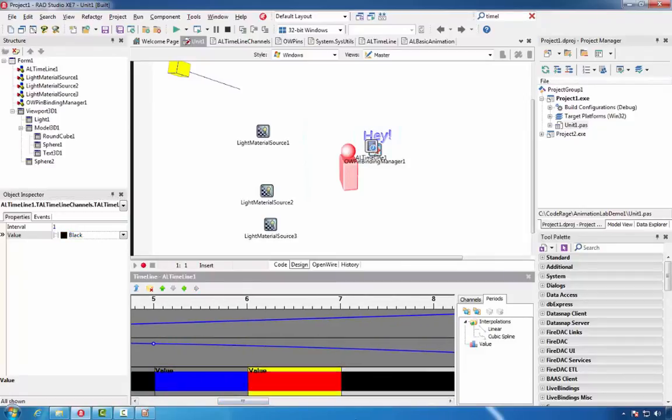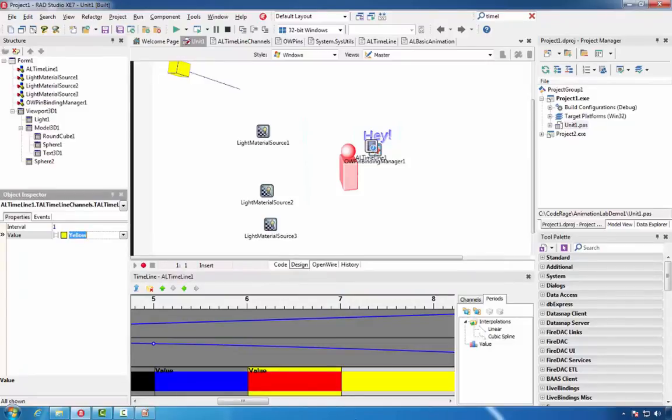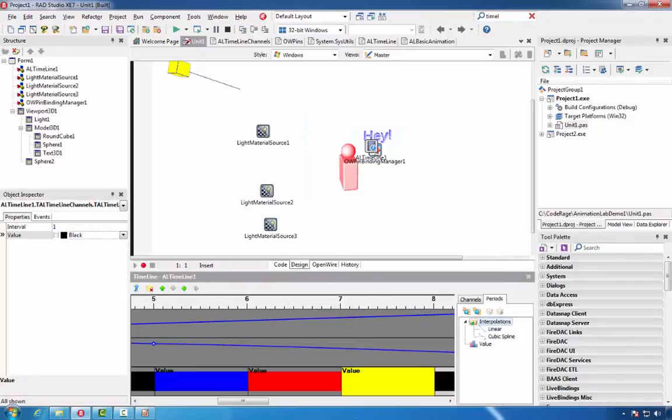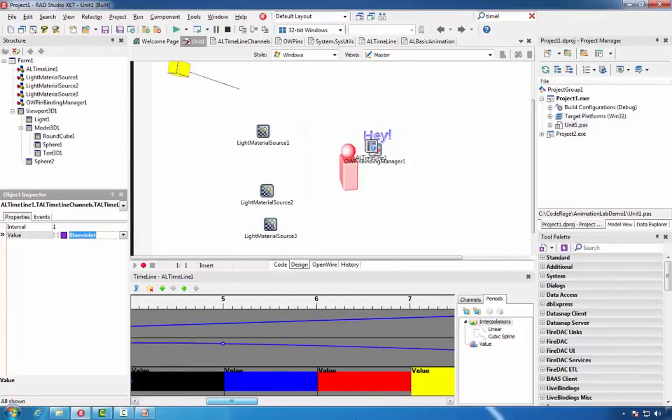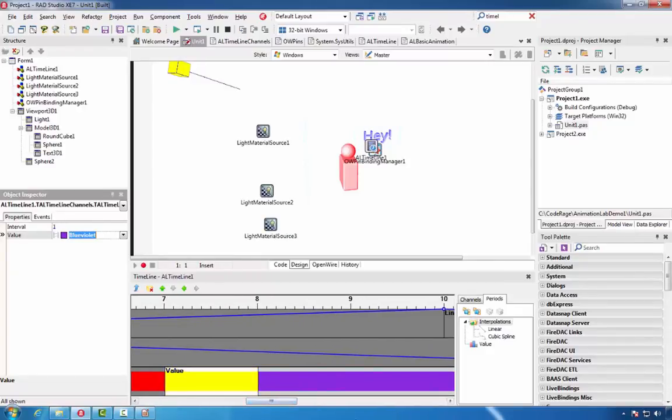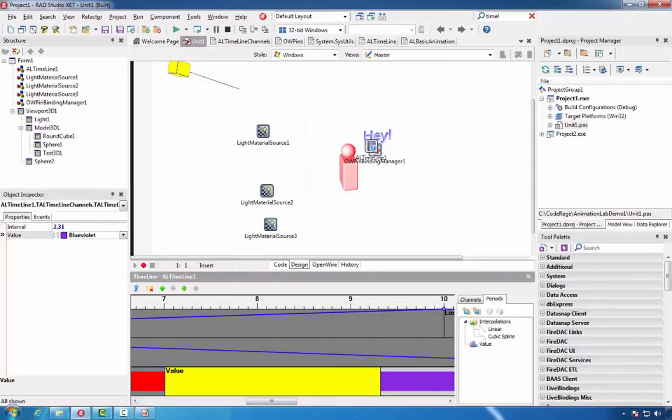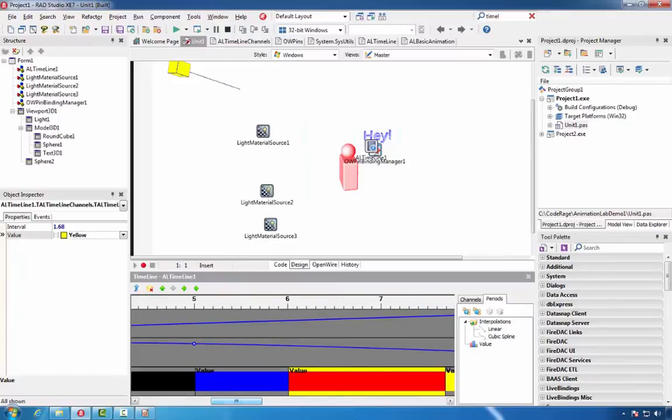For the next value we'll set color of yellow. We'll add another value and we'll set some other color. This should give us plenty of fun colors. We can also resize some of those intervals to make it more interesting.